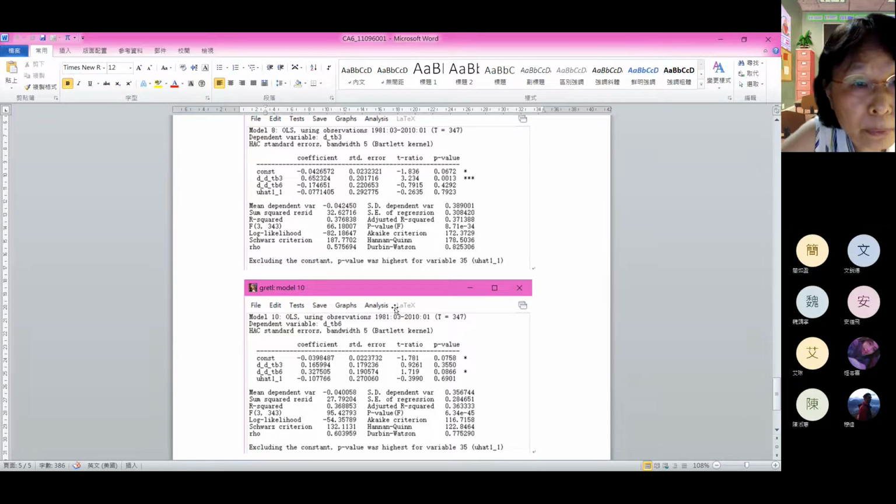Maybe you have U hat 2, which uses TB3 as the dependent variable and TB6 and time square as independent variables, and run that model to get the residuals, instead of the U hat one here. You see what I'm saying here? You can use U hat one in the